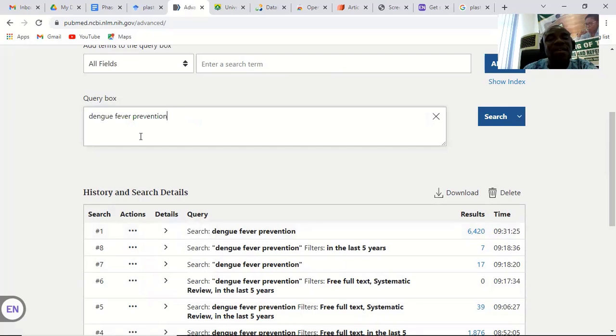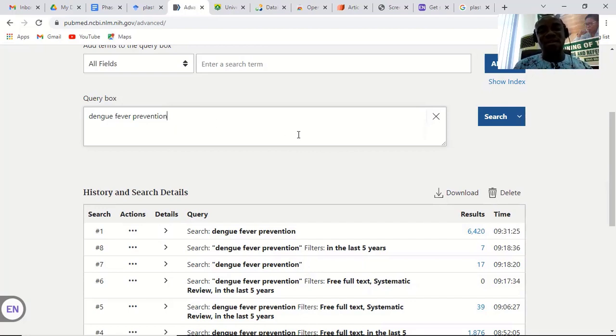So my search number 1, dengue fever prevention, is added to query. Have you seen that? But at this time, I cannot tell exactly where, or I have not decided for the search engine where. I am simply following what it did. When we looked at the details, it looked in so many places, all fields, MeSH terms, and so on. You saw that. So when we add this, the only thing we can do in this box is perhaps,